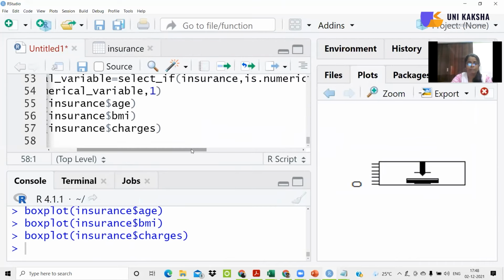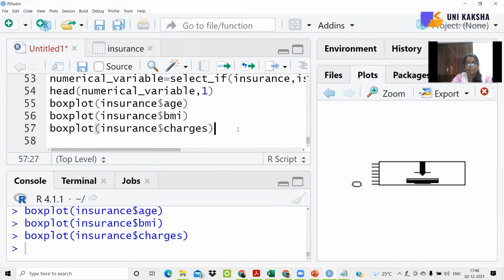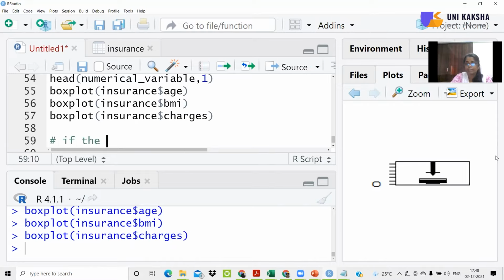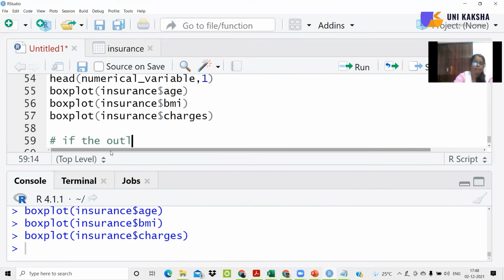So we need to implement some method so that we can reduce the impact of outliers. So we'll say that if the outlier is positive, that is a right hand side outlier, then replace that outlier using the upper whisker.